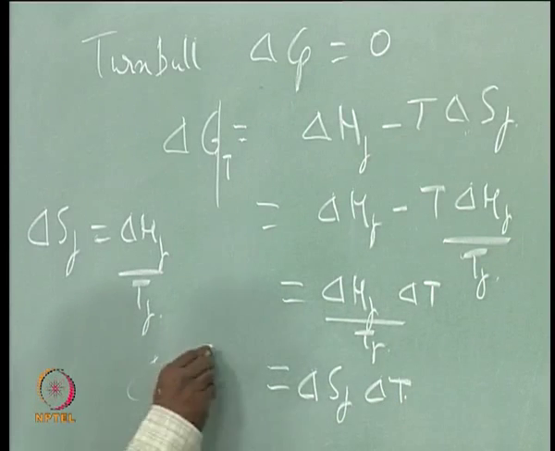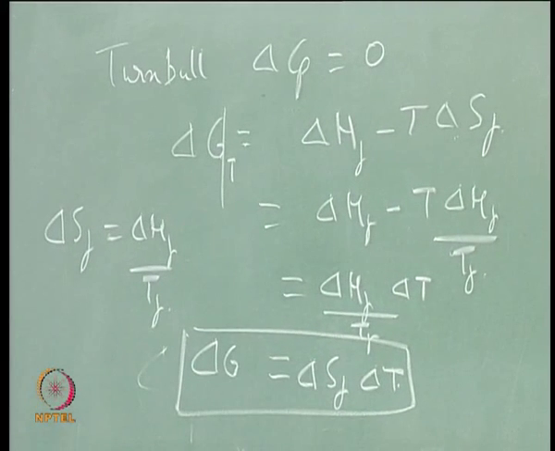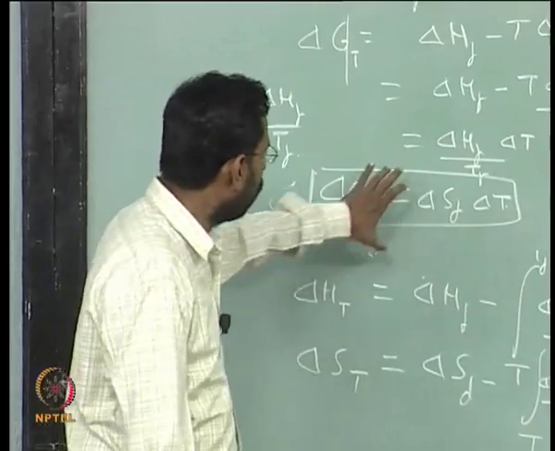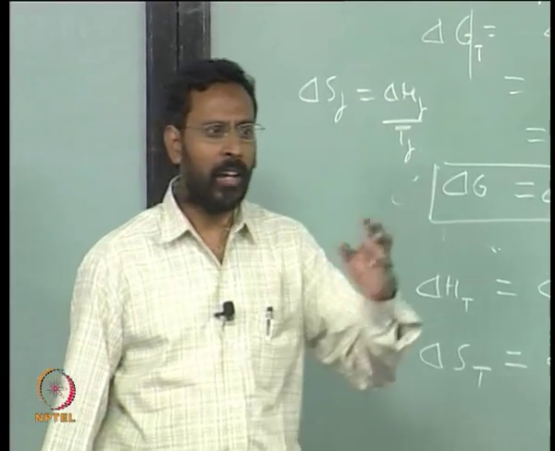So you can now say delta G is this, and this is what all standard textbooks talk about, but you would not have known it has come from such an easy assumption, an assumption which is actually not valid. But this is what all textbooks talk about, and after that there are a large number of people who have tried to make various assumptions, because measurements are difficult, and after assuming, bring out an expression for delta G,